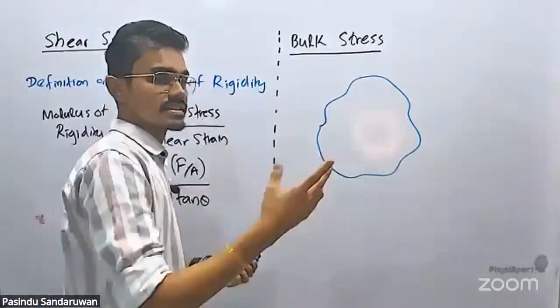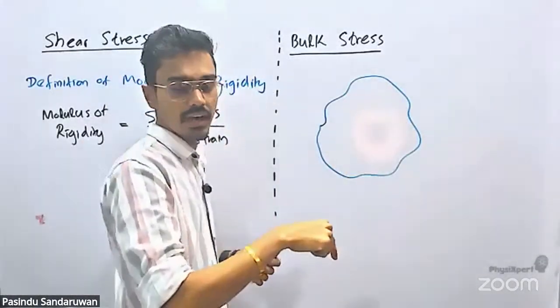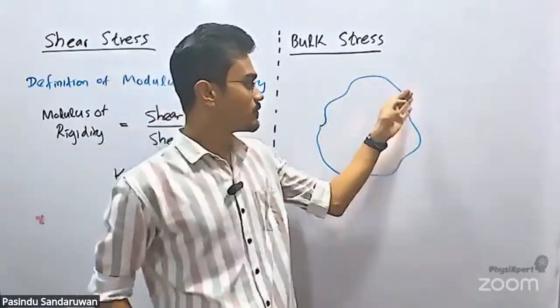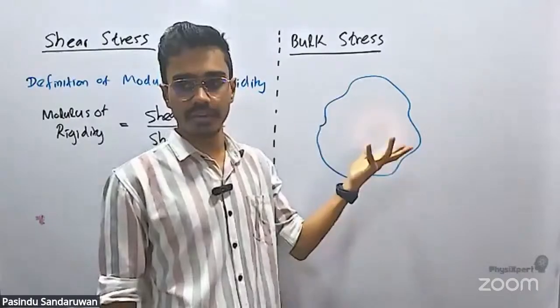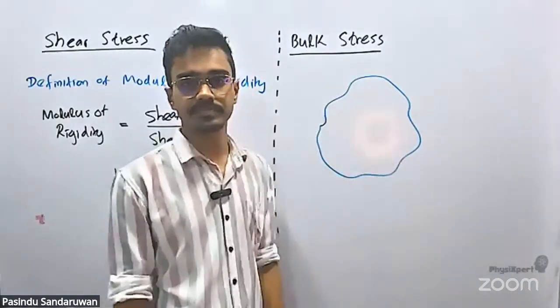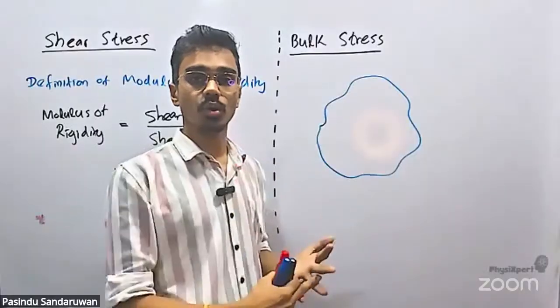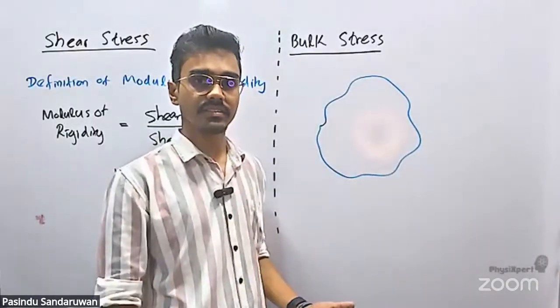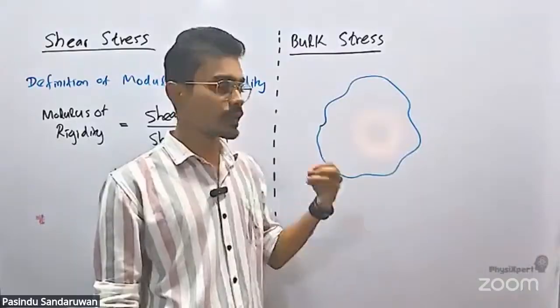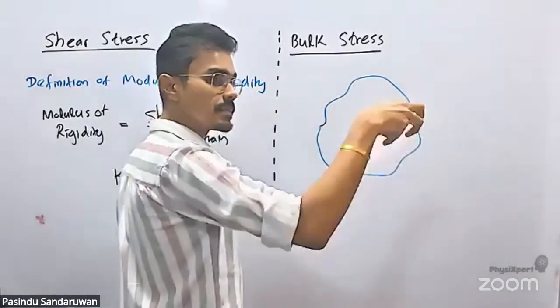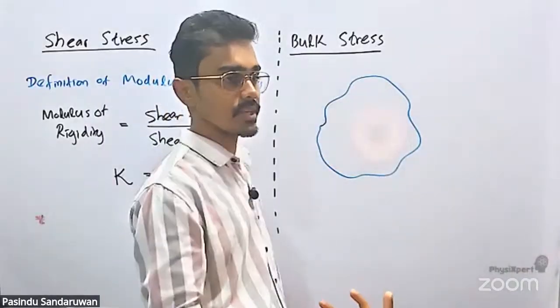We know any stress is force over perpendicular area. But here, now we can't get the perpendicular area at once. This is a random shape, any shape. It can be any shape, either gases or liquids, anything. This is for anything. Therefore, since we can't get the perpendicular area at once,